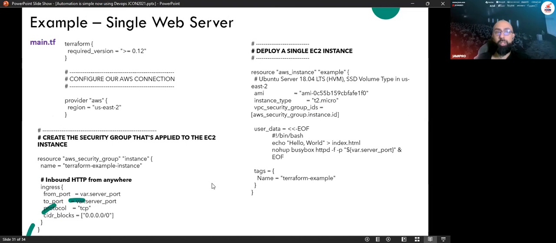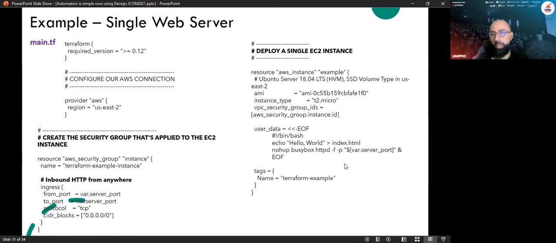This is also another example, a very quick one. As you see in the main.tf, there is a Terraform version: what version of Terraform you're going to use. The provider, which is AWS, and the region as well. Over here, for example, the security group is defined in a separate file called security group. The resource is creating a security group for inbound and egress, outbound traffic, for the security group as well. And then it deploys the instance.